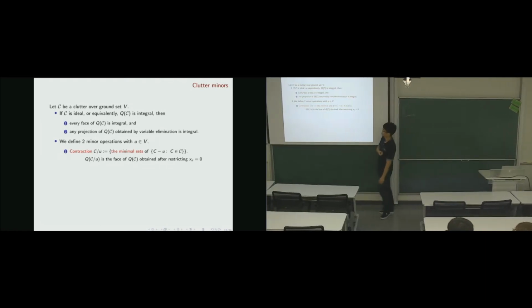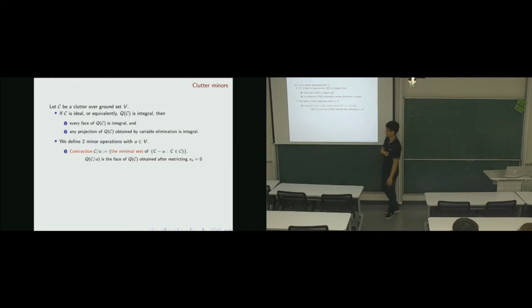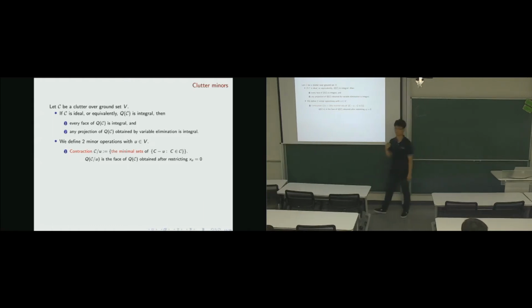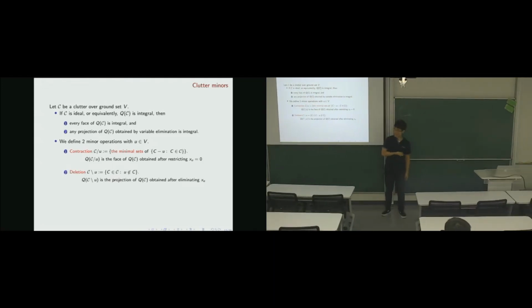You just pick an element U, and the first operation, contraction, is the following. You just take out this element U from every subset, but maybe some of the subsets become non-minimal, so after elimination you collect just the minimal ones. That's the same as setting the corresponding variable to 0, which is equivalent to taking a face. Okay. And deletion